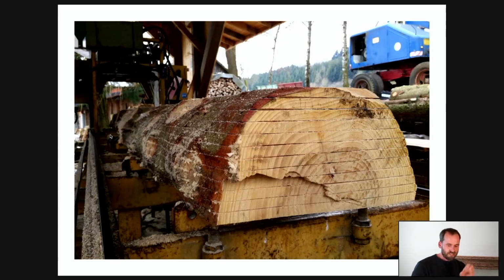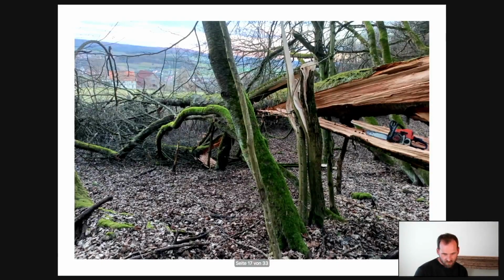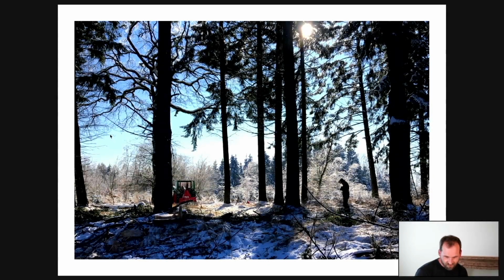But sourcing, and so this very first step of sourcing is just one of many problems. For this, you need a lot of machinery already, which was really nice because it's a lot of stuff that is used in farms, and this friend has a farm, so we can handle those bigger trees. This, for example, is, so in the background, the smaller house is that farm, and we had an ice storm in January, and then many trees collapsed. Here we see a cherry tree that fell in that storm,